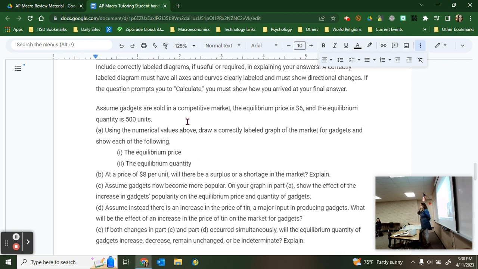So if you just said supply decreases because it's more expensive to produce, that's fine. But if you just said supply decreases because it is more expensive, first off, is it gadgets or is it tin? And if it was gadgets, the price of gadgets would not shift gadgets because it's on the y-axis. The price level doesn't shift aggregate supply and demand. Inflation doesn't shift the Phillips curve. Interest rates do not shift the money market nor the loanable funds graph.